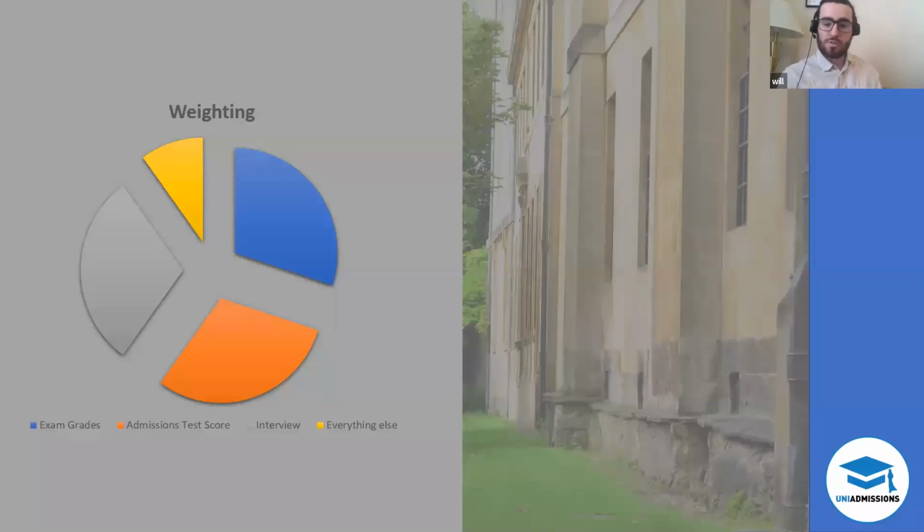I said earlier that things do vary a little bit from subject to subject. So as a broad example, the more STEM-based, more sciencey subjects are going to pay even less attention to things like the personal statement. They're going to pay more attention to your performance in the admissions test. Equally, if you are humanities-based, then it's likely that it's going to shift over a little bit.